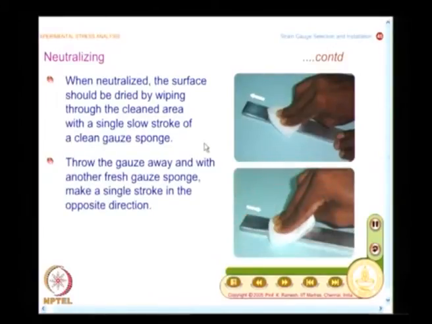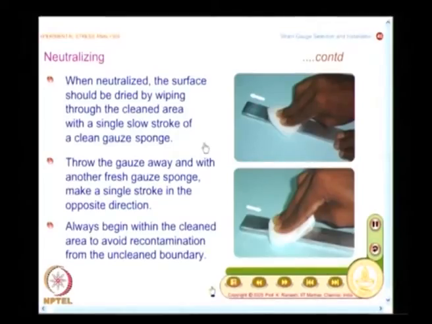Though it looks like a very detailed set of instructions, in the interest of perfect strain gauge installation, you should not get bored with this. Once you do this 2-3 times, you will know what the procedures involved are, and you will develop skill and speed, and you will also have everything ready. The whole installation you could do very fast. But when you learn, you need to know the steps systematically. There is no escape from this.